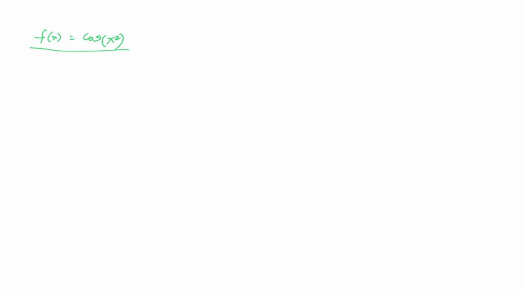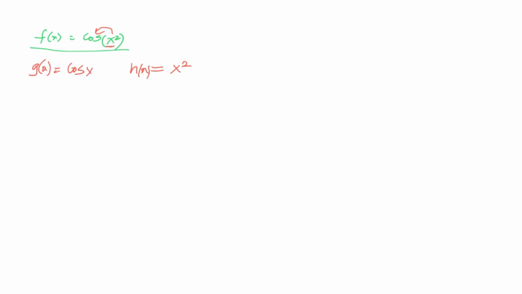So here you can see that I told you that x square will be another function, and the function enclosing that x square is going to be another function, right? So first we're going to address the function that is inside the bracket. Let's say x square. So I'm going to name this x square as function h of x. Now what is enclosing this x square? Cos, right? So I'm going to say g of x is equal to cos x.